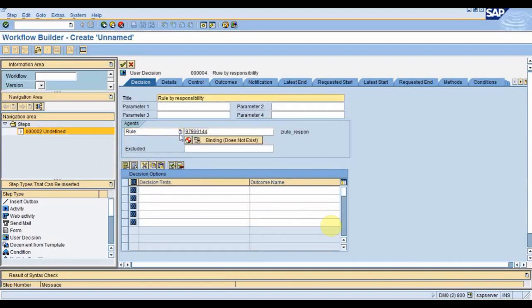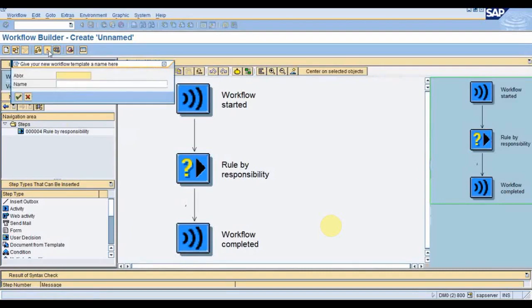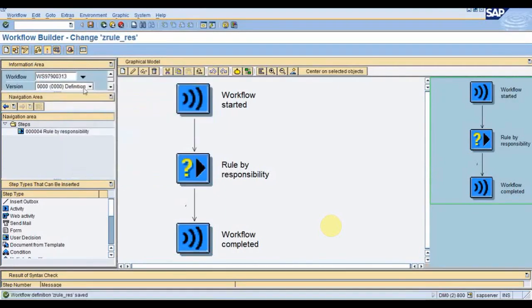Select the rule from the tab and give the rule number, give the decisions. Now click on enter and save it. Now activate.